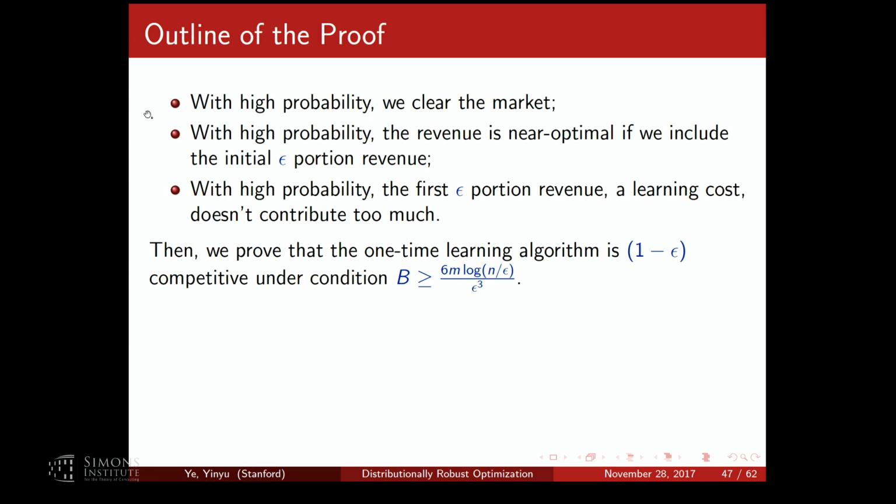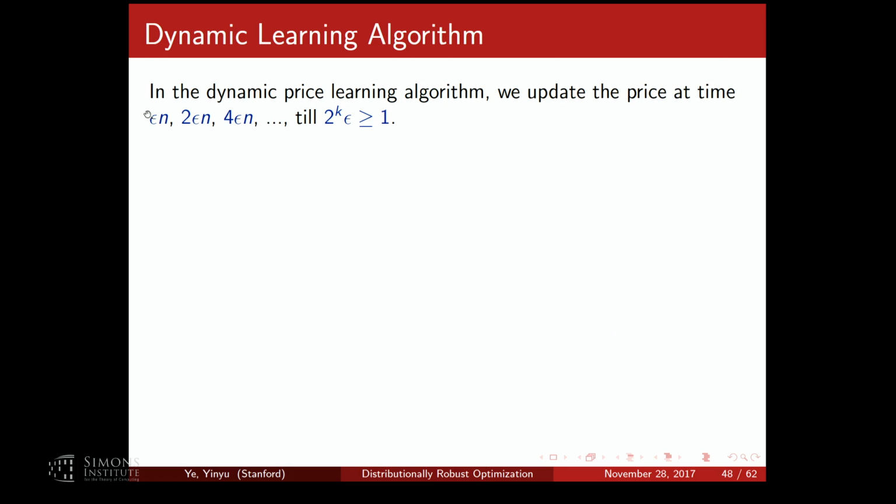Can we achieve epsilon squared? Yes, this is called dynamic learning. I'm going to skip the proof and just outline the idea. Why not update your price? At time epsilon n, you compute your sample linear program and use that price for decisions. After you get 2 epsilon n customers, you use that available data and solve a slightly larger linear programming problem. Then update again at 4 epsilon n, so I update in phases at powers of 2.